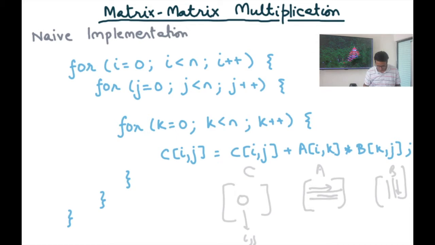Also, in this implementation, I have made a simplification. I have not initialized C[i][j] to 0. I'm assuming that initially, before this loop nest even starts, the values of C are all 0. So what I'm saying is I've not really done C[i][j] equals 0 here, and that's on purpose, and we're going to understand why. Just for now, we can assume that even before this loop nest starts, C has been initialized to 0, and so the execution of this 3-depth loop nest basically gives me a multiplication of A and B into C.